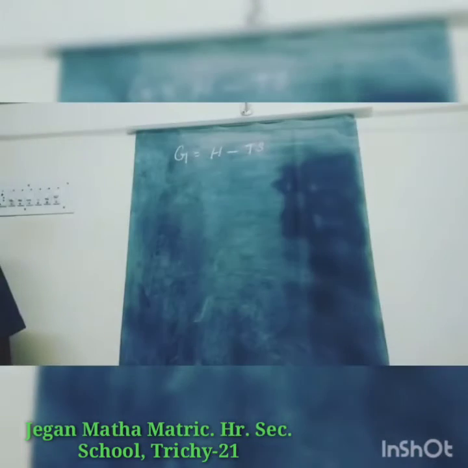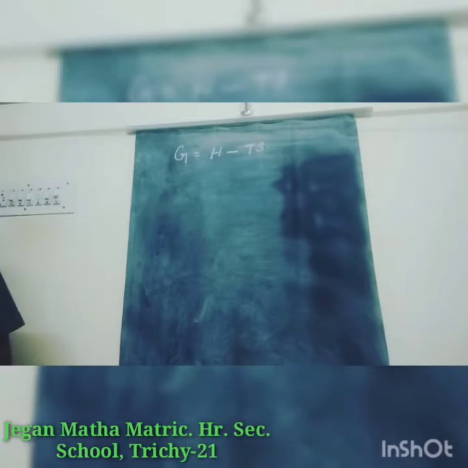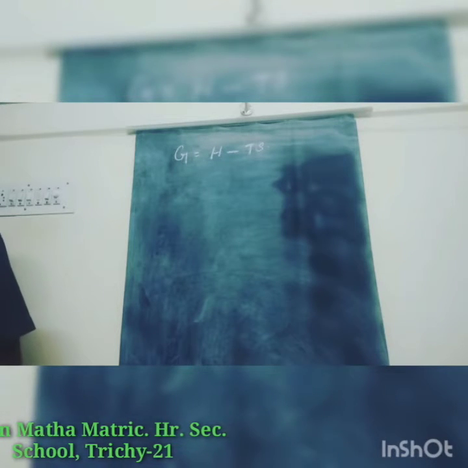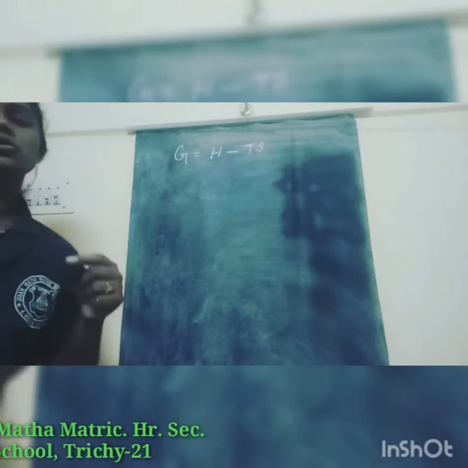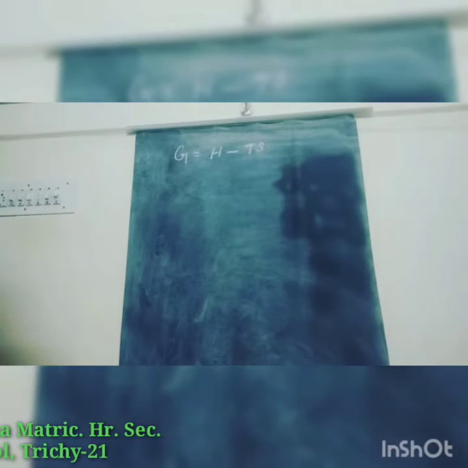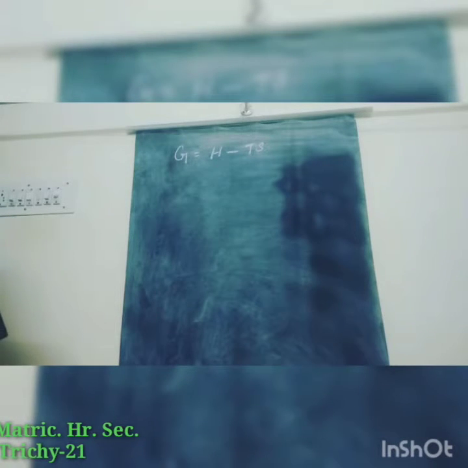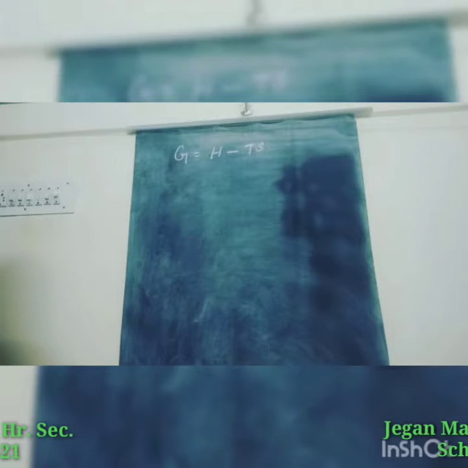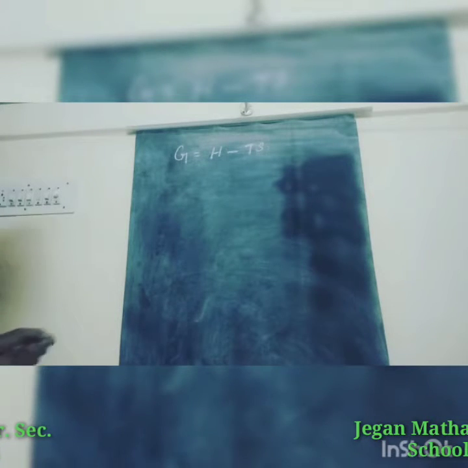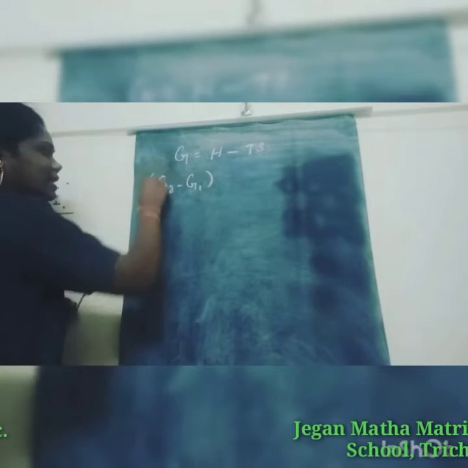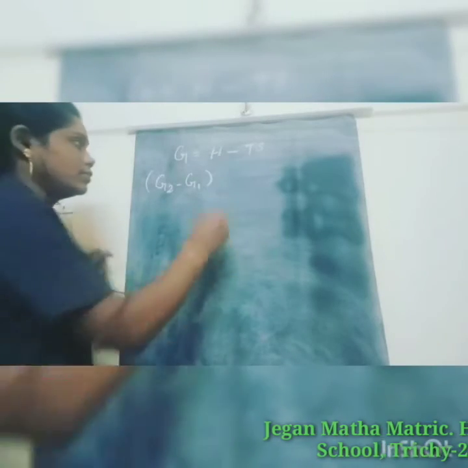Next, let us consider a system which undergoes a change of state from state 1 to state 2 at constant temperature. First, change means final minus initial. So the system undergoes a change of state from state 1 to state 2 at constant temperature. How to write this? Here temperature is constant. So we write G2 minus G1, final minus initial, that is equal to